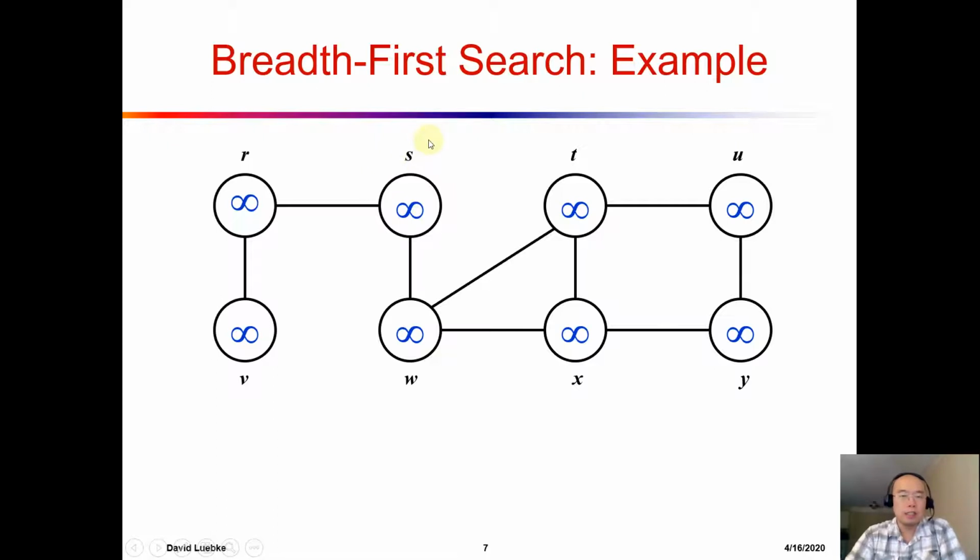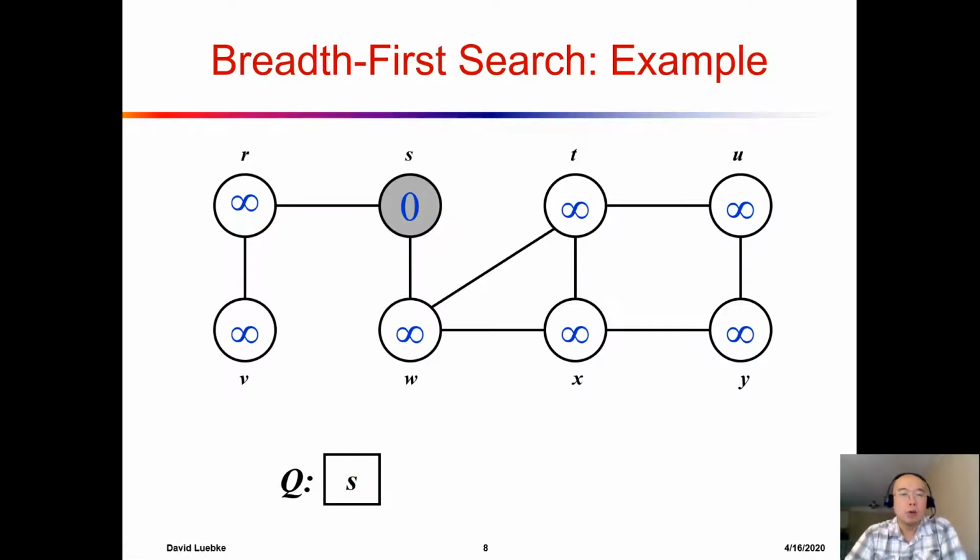So to set this up, at the very beginning, we color all the nodes white. And after that, we send the root, which is S, to the queue. And remember, when we are doing the breadth-first search, we are making use of a queue data structure. A queue is the data structure that allows us to do first in, first out, right? And then we are going to iteratively pop one from the queue, and then we explore all the adjacent